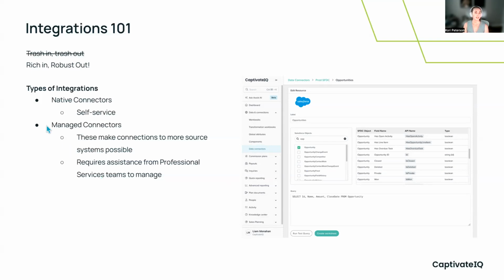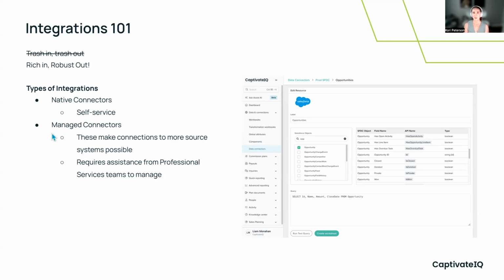But we do understand that in the age of tech, we have a lot of tech, we have a lot of places that we're storing our data. And even with the ones that we don't have native integrations with, we still want to provide you options. So that's where managed connectors really come into play. They do open it up for as many source connections as possible.